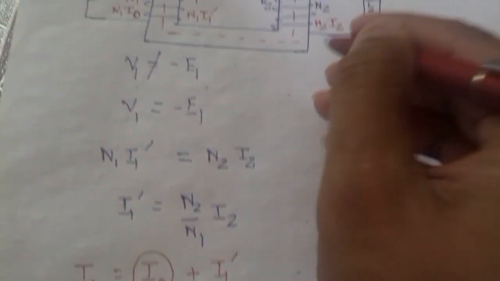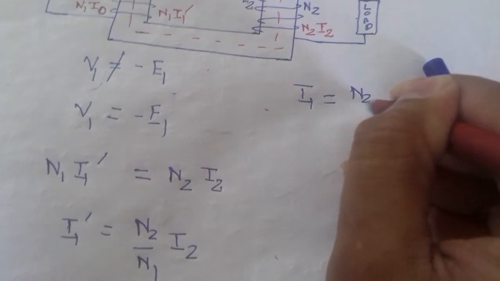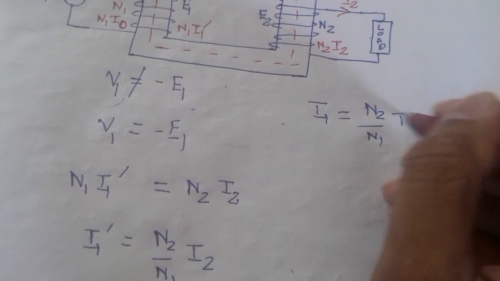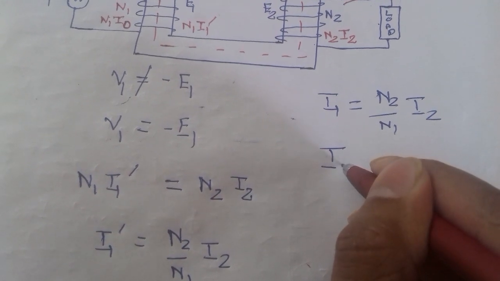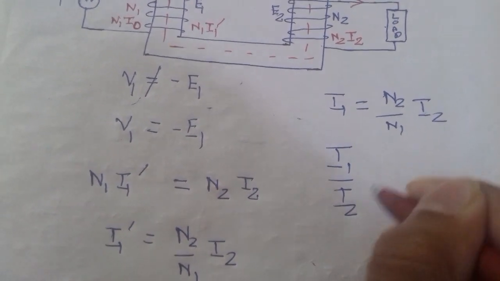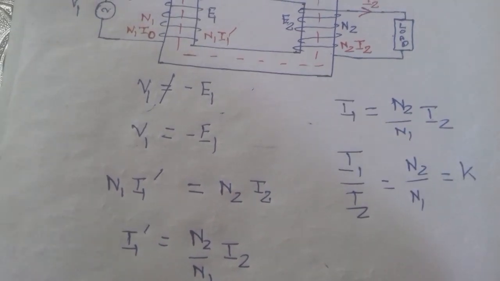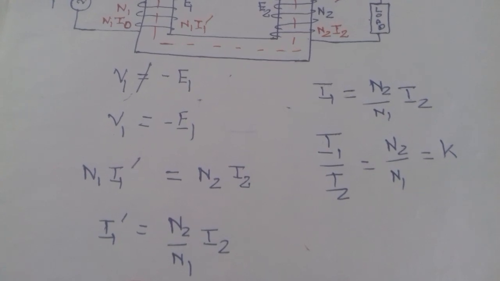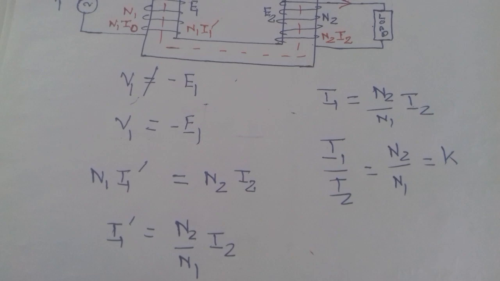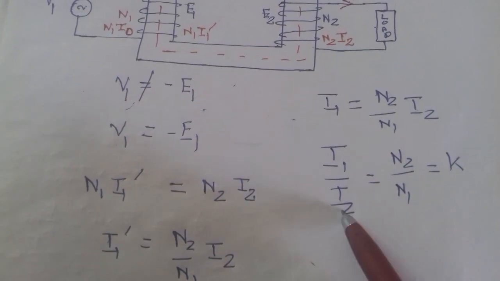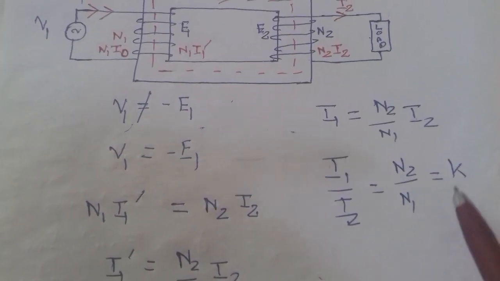So we get I1 equals N2 by N1 into I2, or I1 by I2 equals N2 by N1, which is equal to K, the transformation ratio. Hence the primary and secondary currents are inversely proportional to their respective turns, which is equal to